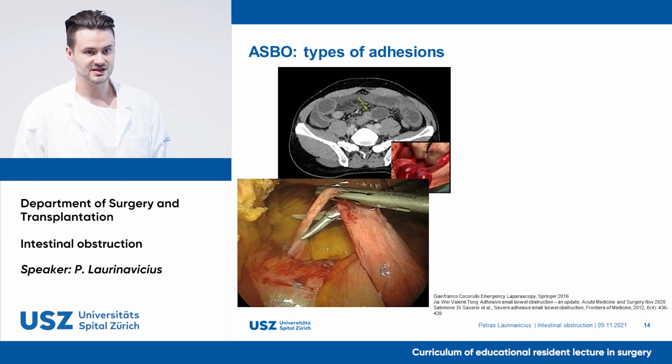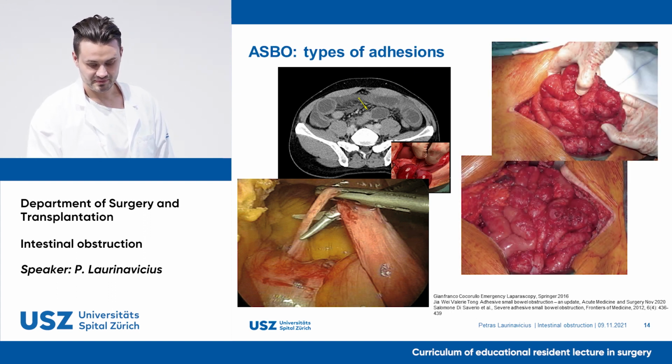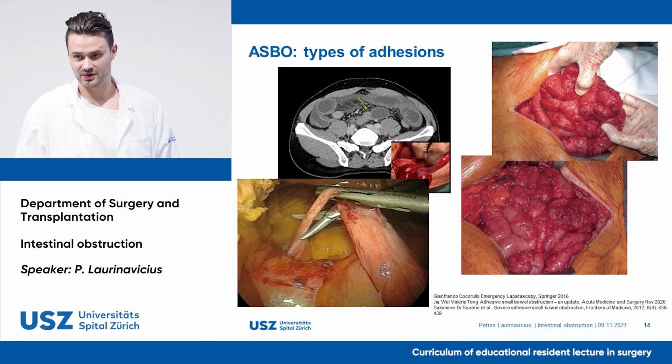When we talk about ASBO, it is important that we define different types of adhesions, and there are two of them. Firstly, we can have single band adhesions, which are typically shorter than 1 centimeter and thicker than 1 centimeter. However, as you can see in this image below, there can be extremes where single band adhesions can be really long. They cause SBO through external compression, and high-grade obstructions and bowel ischemia are more frequent with this type of adhesions. The other type is the matted adhesion, which are multiple, dense, and tangled, and they are the most common